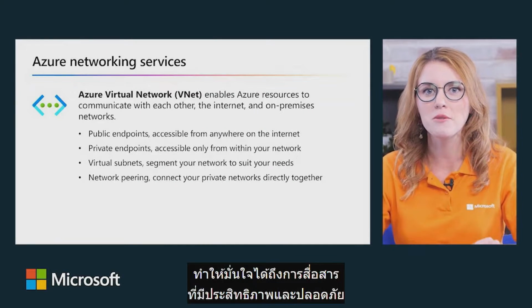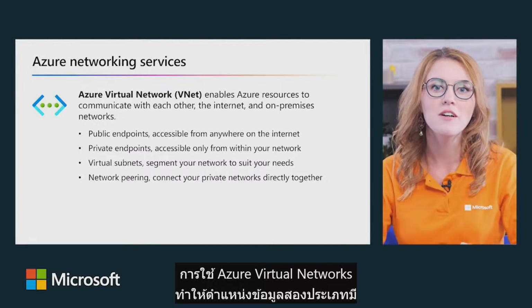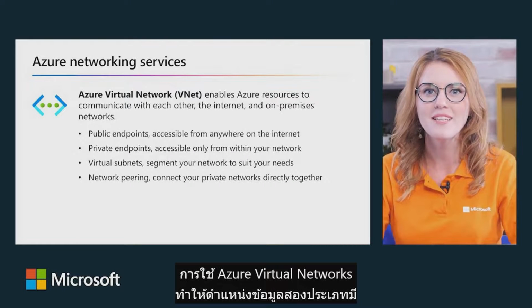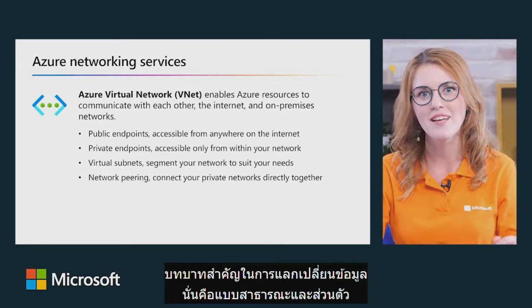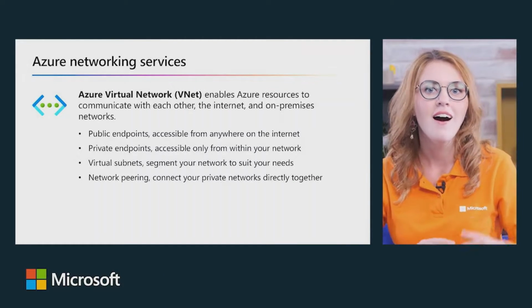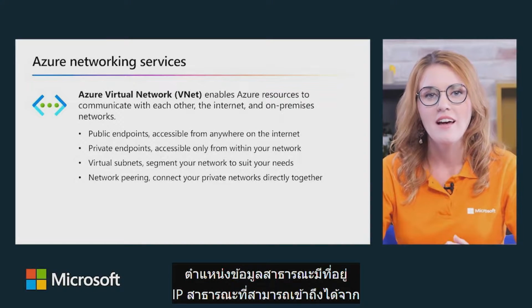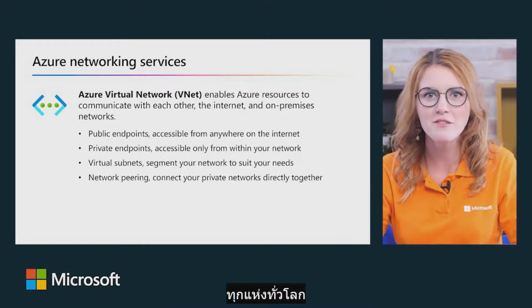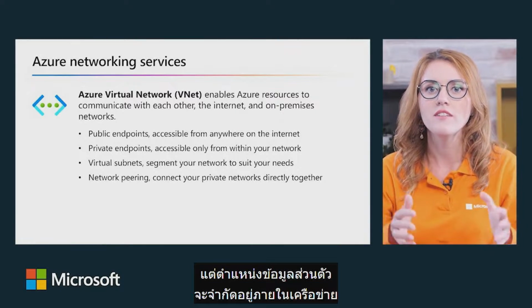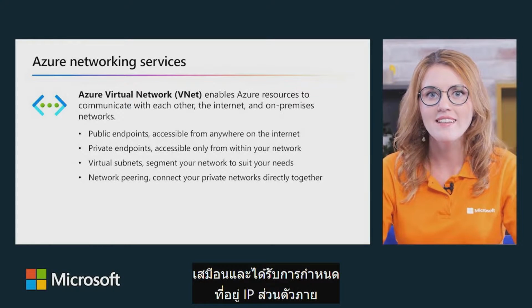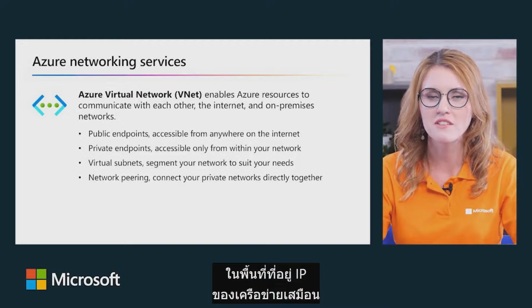efficient and secure communication. Within Azure Virtual Networks, two types of endpoints play crucial roles in data exchange: public and private. Public endpoints possess public IP addresses, accessible from anywhere globally. Private endpoints, however, are confined within the virtual network and are assigned private IP addresses within the virtual network's IP